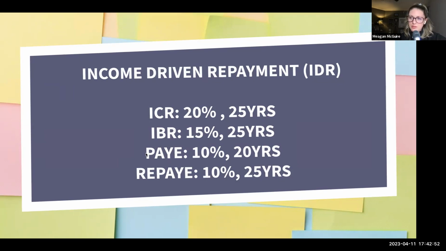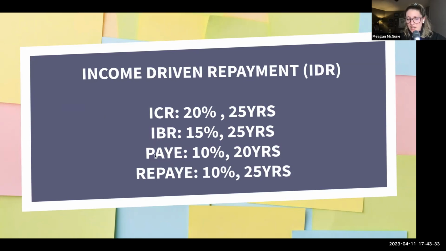It doesn't have the same interest subsidies. Again, it doesn't quite matter for PSLF folks, but it's the same 10% of discretionary income, and it allows you to exclude spousal income if you file taxes married separately. So that's where tax filing status starts to come into play when we're talking about income-driven repayment and student loans. If you've ever wondered why taxes are important when it comes to student loan planning, this is why. If you're married, you have to consider if you're going to be filing taxes jointly or separately. Student loans could be a reason to be looking at filing taxes separately. And so pay keeps that payment off of your own income.